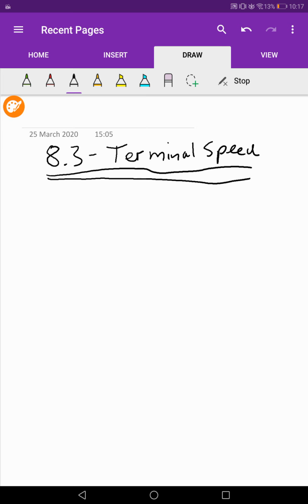So you're all happy with what the speed of an object is and what the velocity of an object is. But terminal speed means the maximum possible speed that an object can actually get to. So what we are talking about here is we need to introduce a drag force. So that means we need to start talking about air resistance,